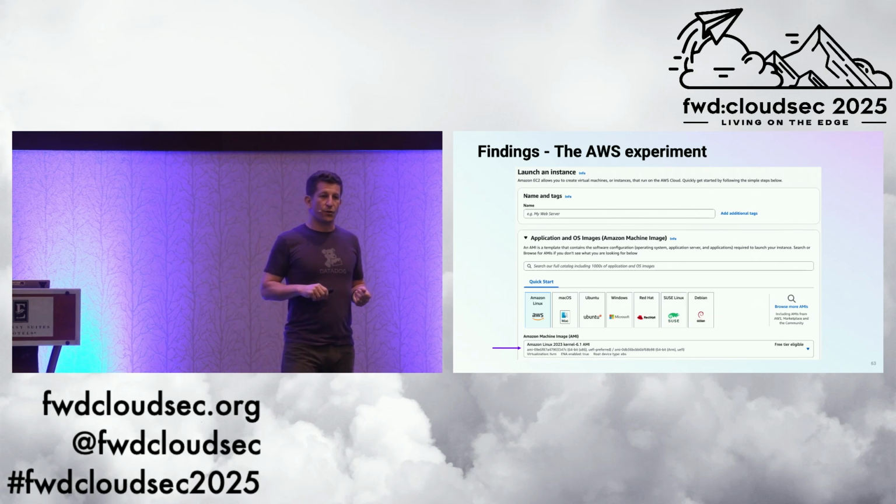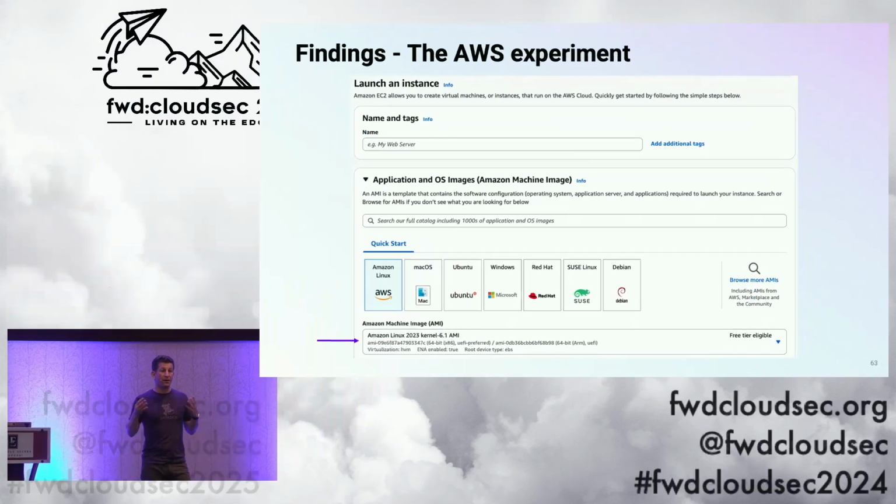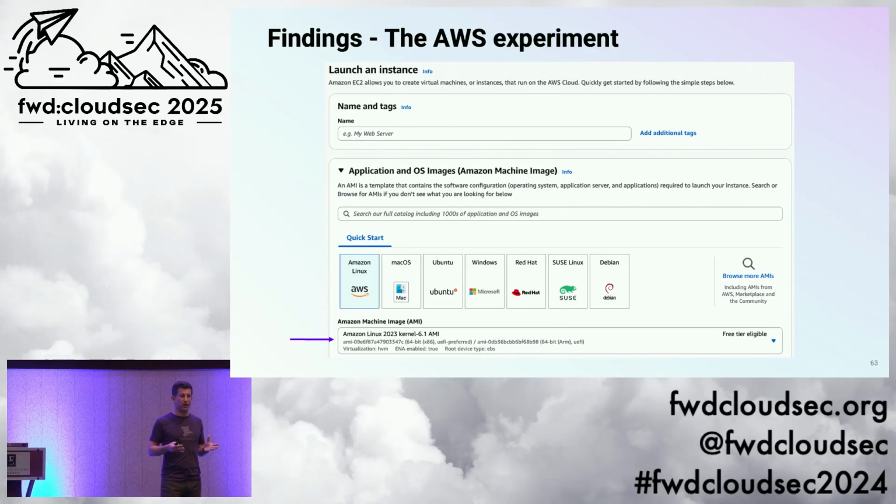The second one is a fun story where we were trying to see if we could find anything vulnerable within the scope of AWS's vulnerability disclosure program. So we worked with them, coordinated with them. Interestingly, what we were trying to think if something like this, like the launch instance wizard was vulnerable, but this is not vulnerable, but this is where the story starts. We found something else that was vulnerable. So we thought, this thing is doing a describe images behind the scene. That's why it's populating AMI IDs. So when you click Amazon Linux or Mac OS or whatever, you're going to get the right ID.